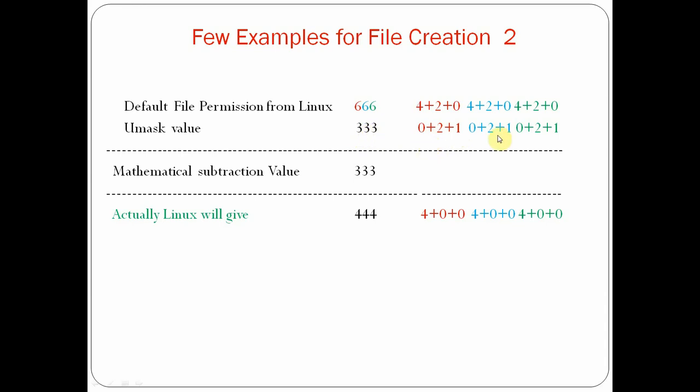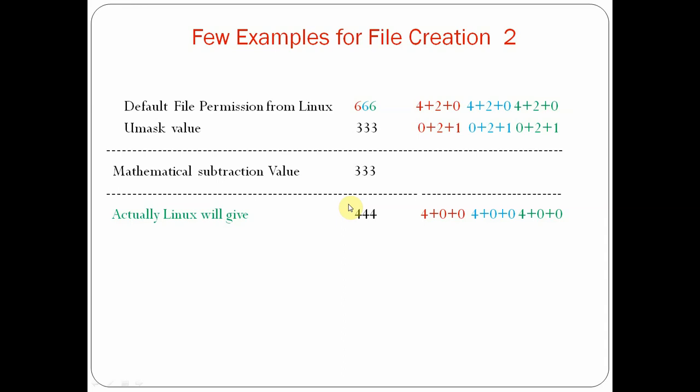So when we are applying this umask value, we are mentioning here that I want to restrict the execute permission. By default Linux itself won't give you that, so you will get 0 here. And I want to restrict write permission. Linux is ready to give you that, but since umask contains the value to restrict it, that permission won't come here. And I don't want to restrict read permission, that's why whatever the default value offered by Linux will come here. The same logic applies to all.